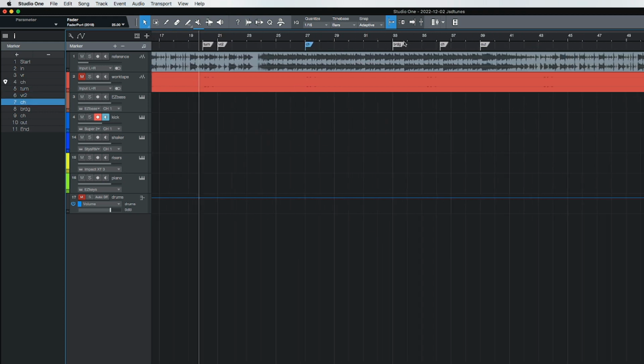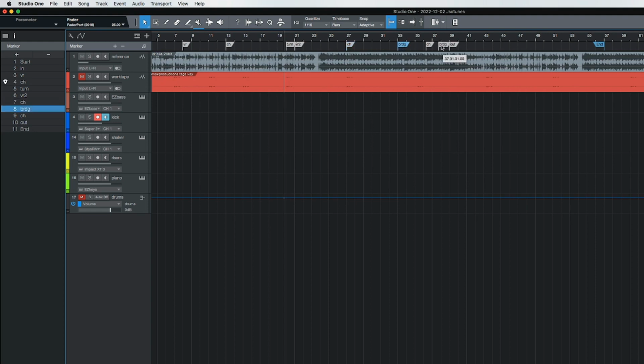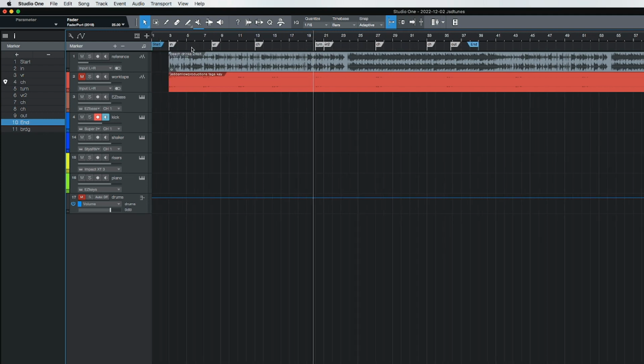If you don't have a bridge, just drag it out of your way, okay? And then let's say you have another chorus there, and then there's like an outro. And let's say this song is going to end at measure 39. So very quickly, I have those markers all in place,